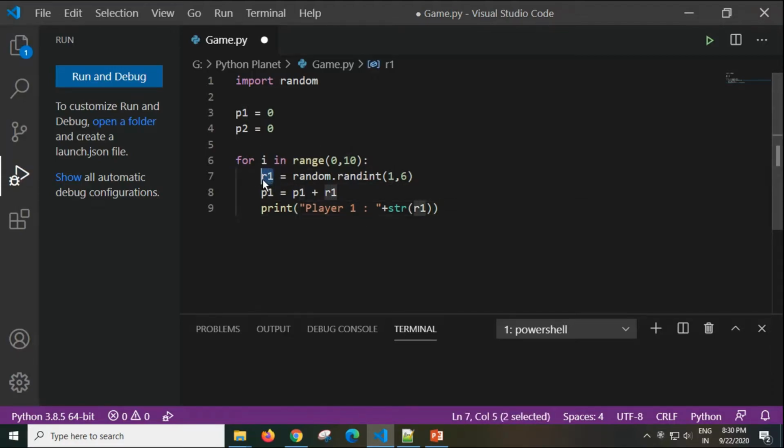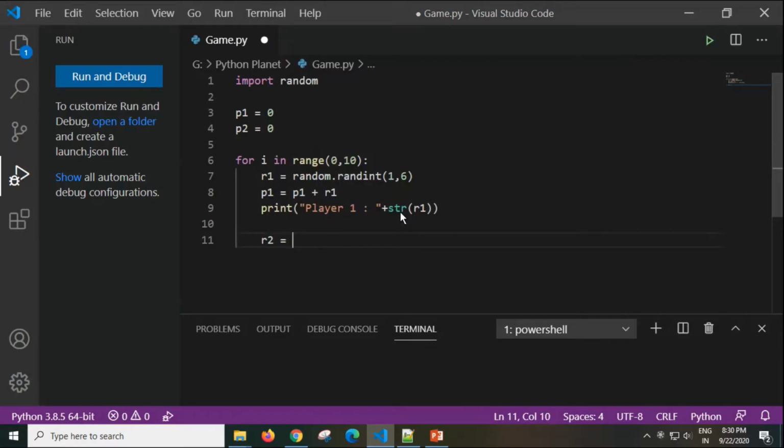But my R1, the random point that my player 1 has received, is an integer. So that is why I need to convert this integer into a string. For this I am using another inbuilt Python function called str, which converts any value passed to it into a string. So this is how my first player gets a random number.